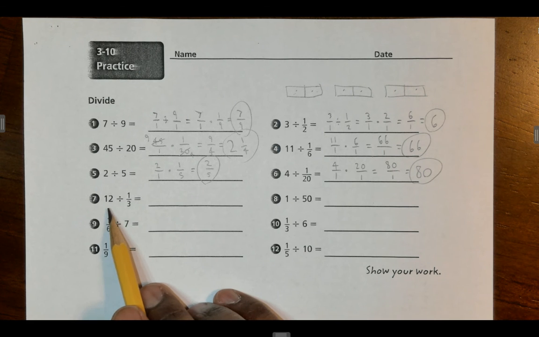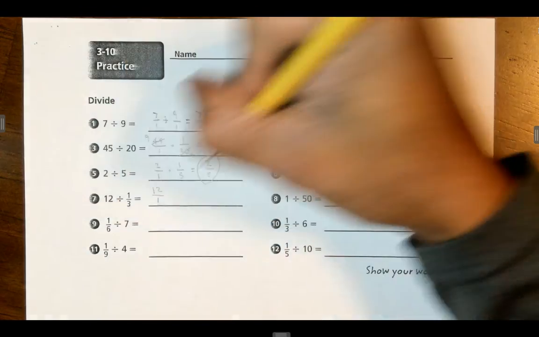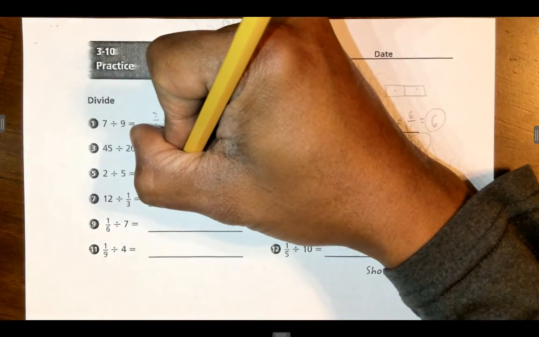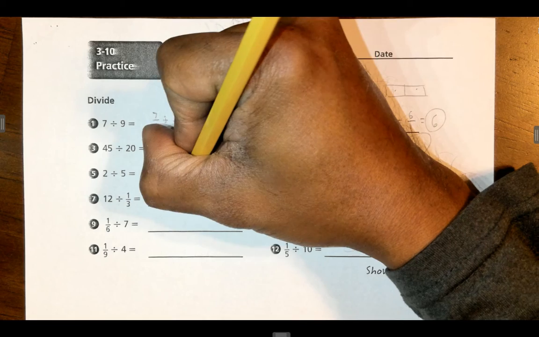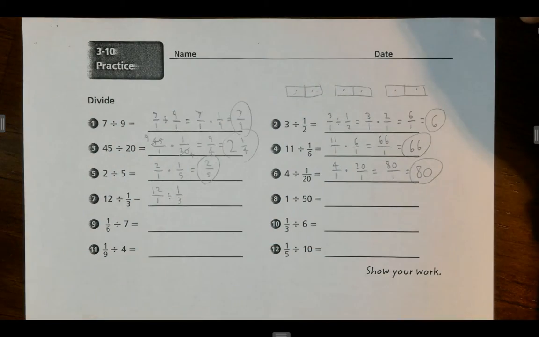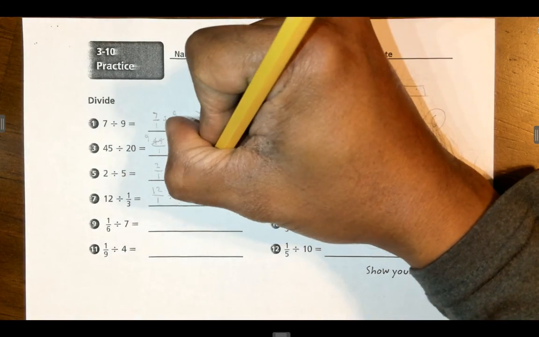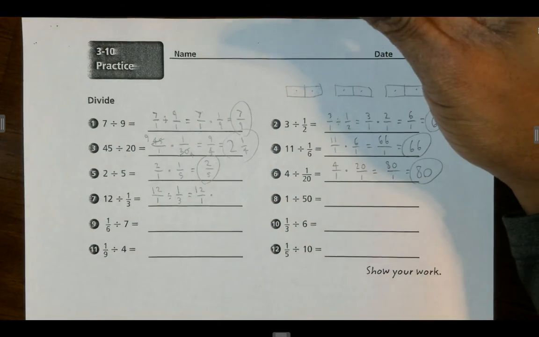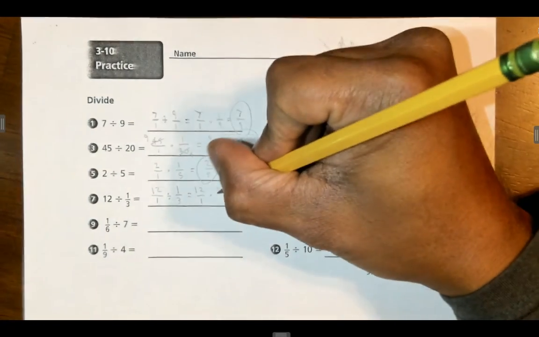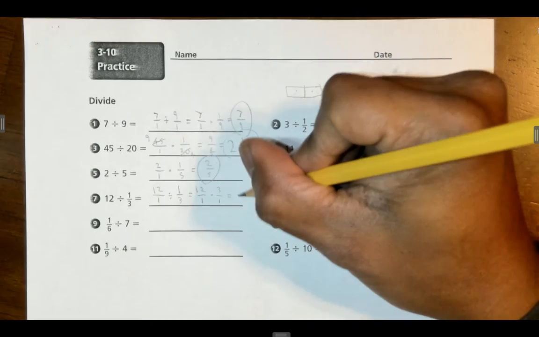Let's pick up where we left off. 12 divided by 1/3. There's a whole number. Whole number 12, I'm going to rewrite that as itself over 1. And I'll actually write this all the way out here. 12 divided by 1/3 is the same as 12 over 1 divided by 1/3. Now I'm going to keep what's on the left the same. I'm going to change the symbol, and I'm going to flip what's on the right. 1 over 3 becomes 3 over 1. And 12 times 3 is going to get me